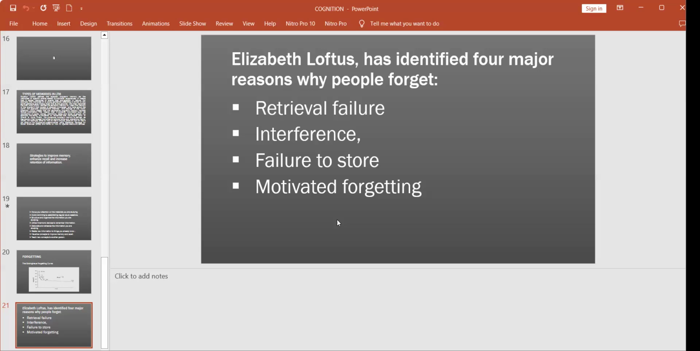Failure to store. Then you have to make sure you are giving them little information at a time and give them adequate practice and get them to store it in the long-term memory. Otherwise, they will fail to store that information. And motivated forgetting, the implication for you is make the learning experience a kind of a beautiful experience for them. Don't make it stressful. Don't make it traumatizing. Okay, that is it. With that, we come to the end of our discussion,